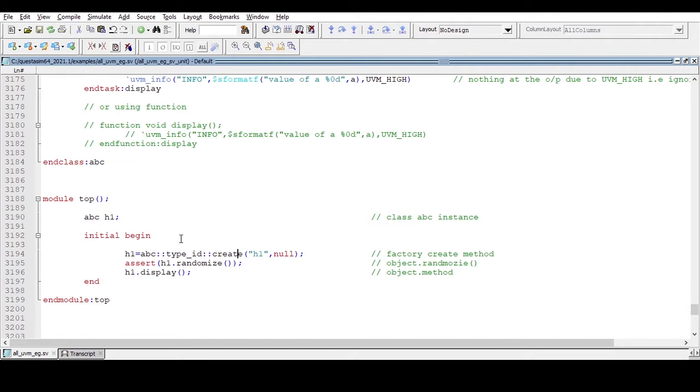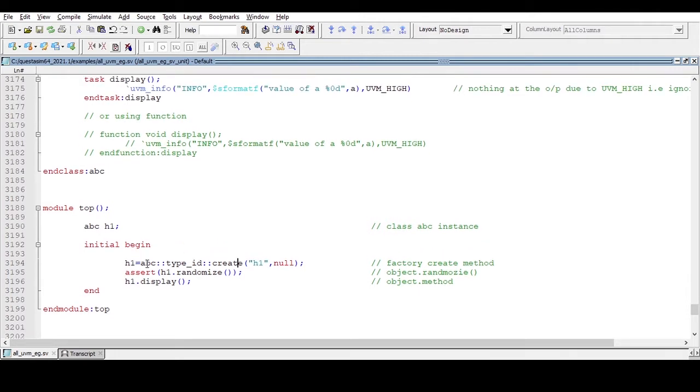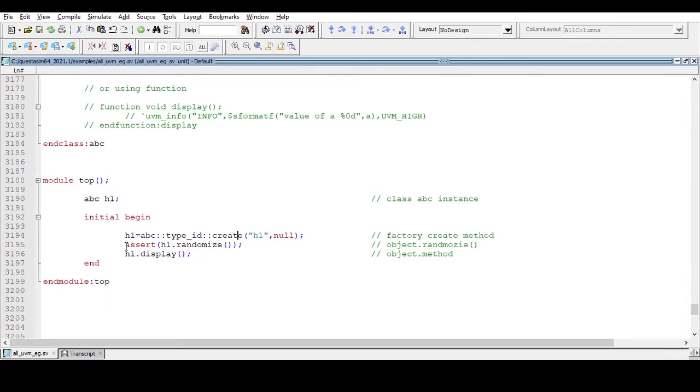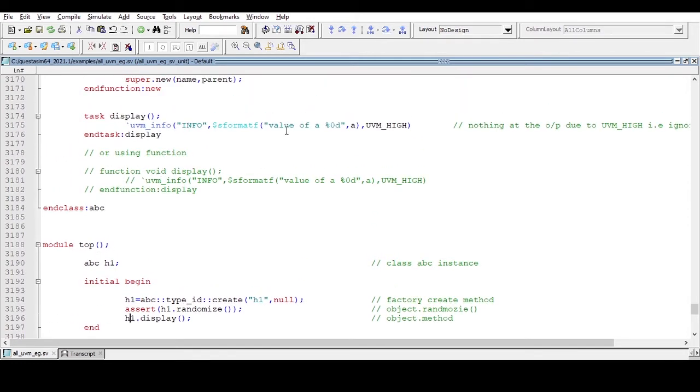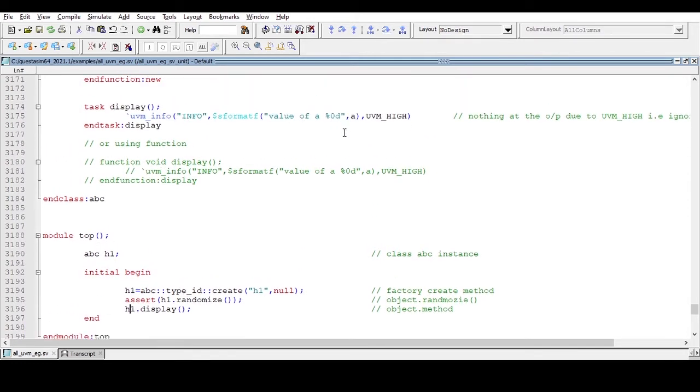But here there is no need for overriding, so you can use new here, it doesn't matter. Now I have randomized that class property, and with the help of this class object I am calling this display method, which displays the value of that class property.